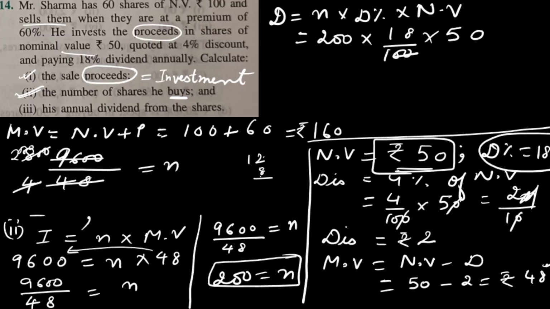So here I am substituting, 2 zeros and 2 zeros got cancelled. So we can do the multiplication. See, 2 into 5 is 10, right? 2 into 5 is 10. 1 zero was there, so I wrote one more zero here into 18. We always try to do some easy calculations. We know 2 into 5 is 10, so don't multiply first 2 with 18 and then with 5. It will take time. Try to use some short tricks. So 2 into 5 is 10, then with 5, 1 zero was there, that also I wrote. So I got 100. 100 into 18 is 1800. With 18 you can just write 2 zeros. So this is the annual dividend.